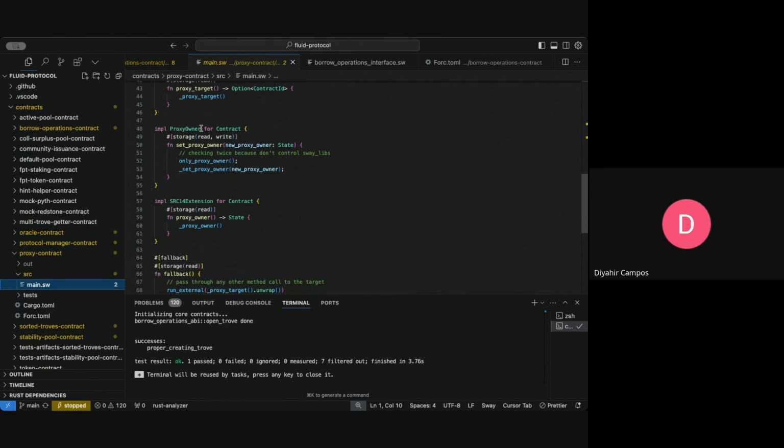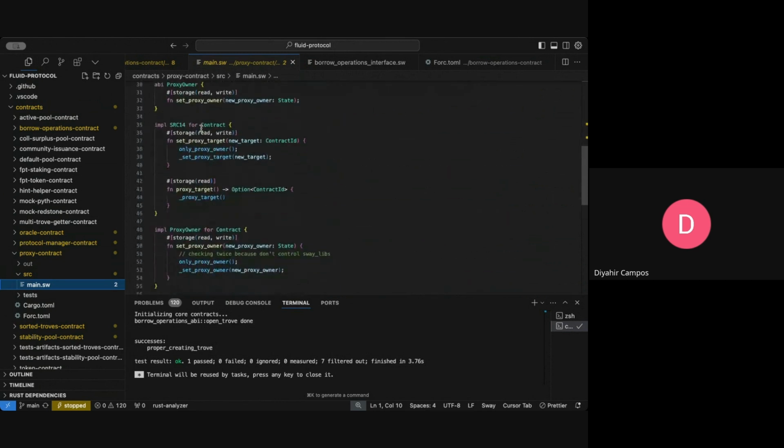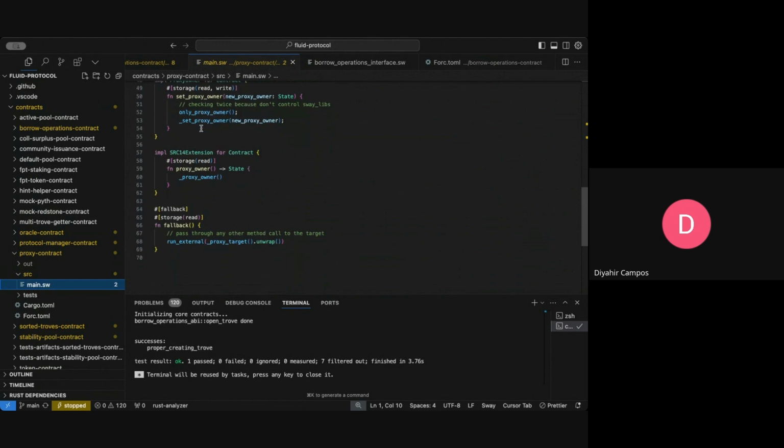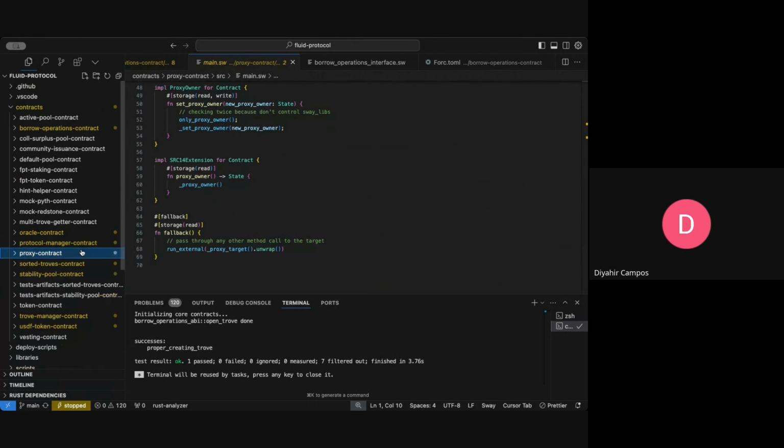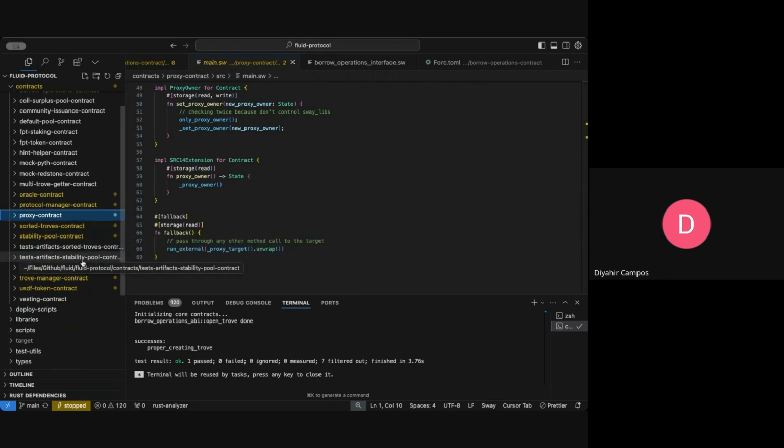And then as the system hardens, the plan is to renounce the ownership of the contracts and let them just be non-upgradable and immutable. So that would be the third